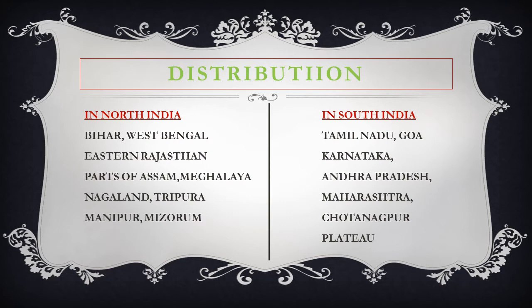Distribution of red soil. Red soil forms the second largest soil group in India and is found mainly on the plateau region of Peninsular India from Tamil Nadu in the south to Bundelkhand in the north and Rajmahal Hills in the east to Kutch in the west. In North India, red soil is found in Bihar, West Bengal, eastern Rajasthan, parts of Assam, Meghalaya, Nagaland, Tripura, Manipur and Mizoram. In South India, red soil is found in Tamil Nadu, Goa, Karnataka, Andhra Pradesh, Maharashtra and Chota Nagpur